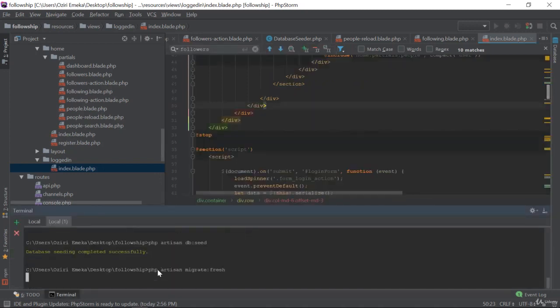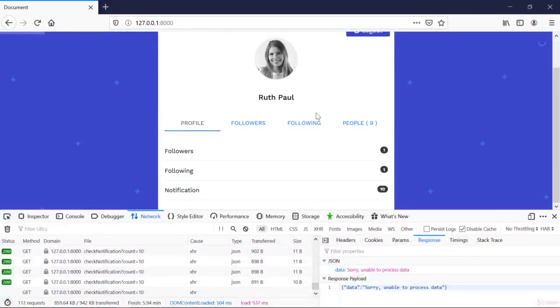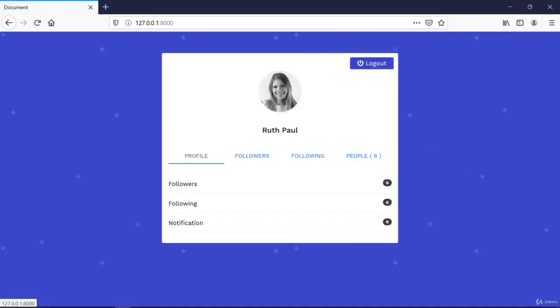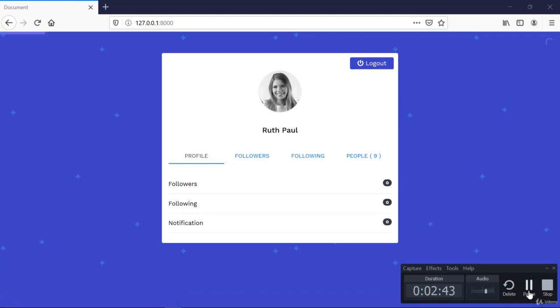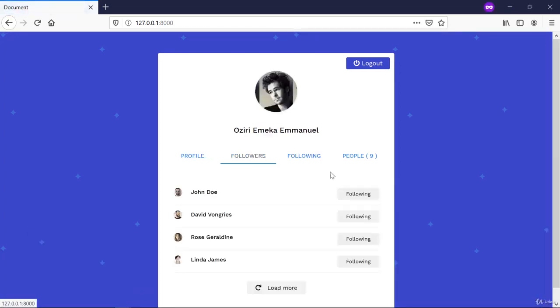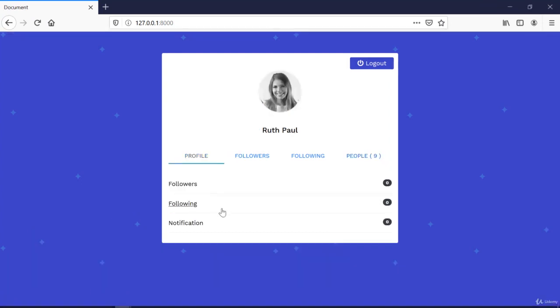Okay, so I'm going to run a fresh migration, and then I'm going to run database seed. Okay, so we're going to reload this real quick. Okay, so we've got all of this up and running. Now I'm going to go to the other account and reload that. So go to followers. Okay, we have all of this. Go to people, then follow root Paul. Okay, so